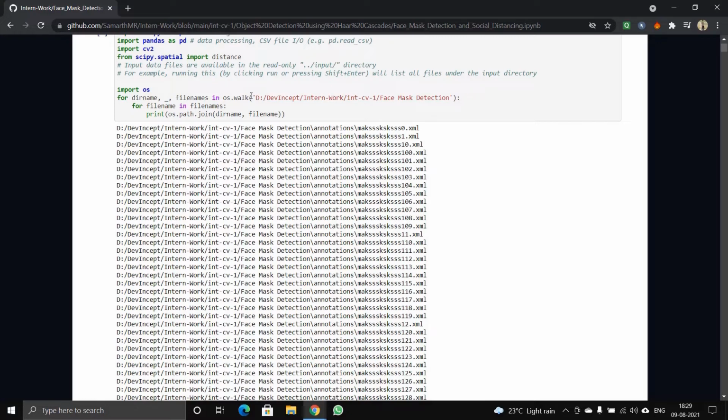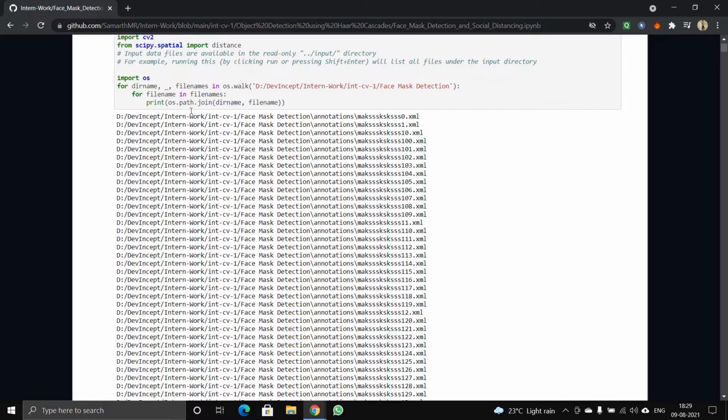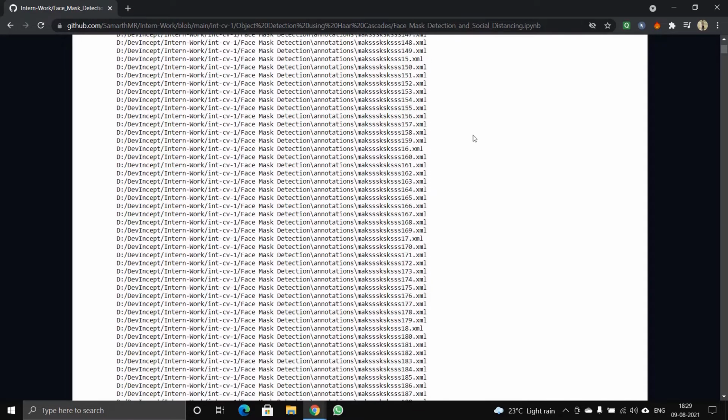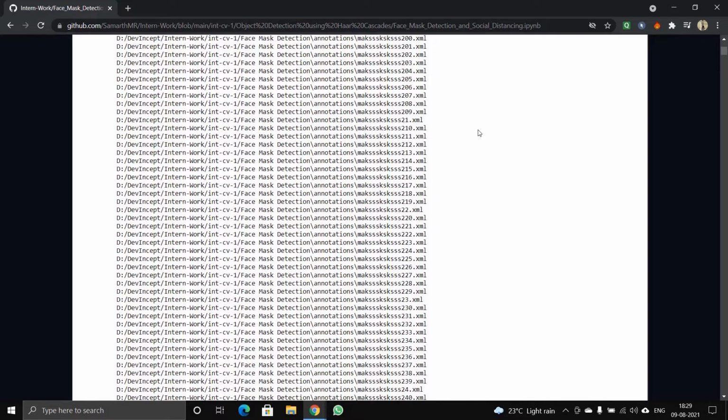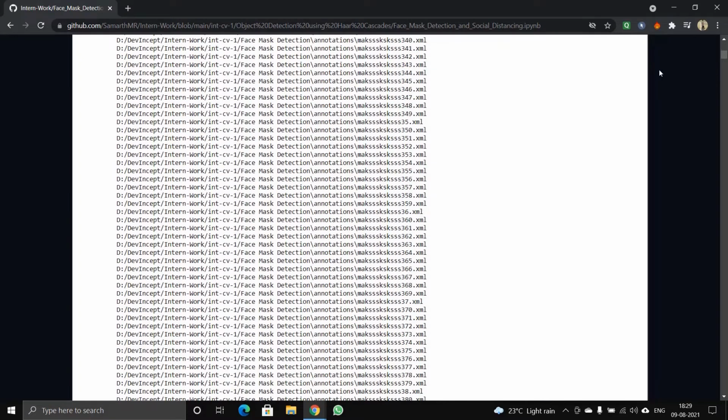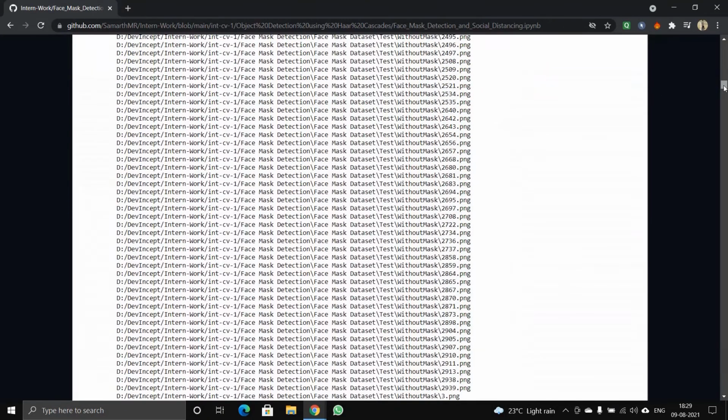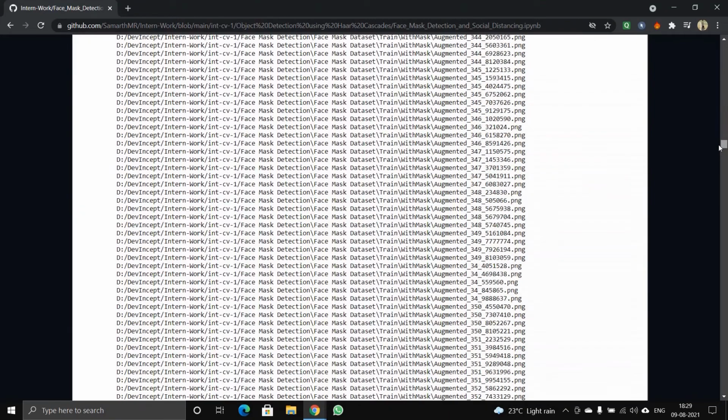Once you have downloaded that, you have to find the path of it and provide the path here. Once that is done, this will give the names of all the files present in the main folder, that is the XML files, the Haar cascade files, and the no mask and mask images. You can see how large the dataset is.